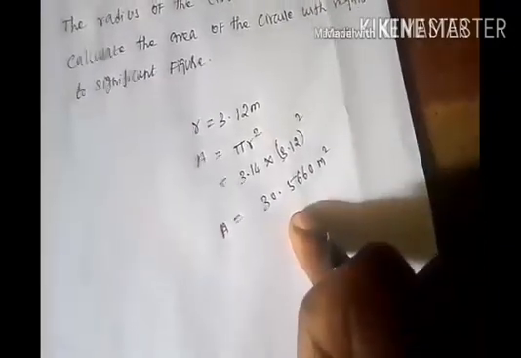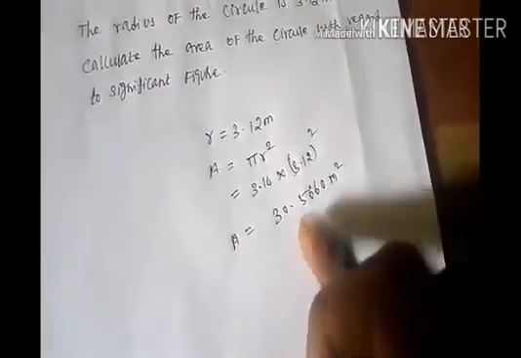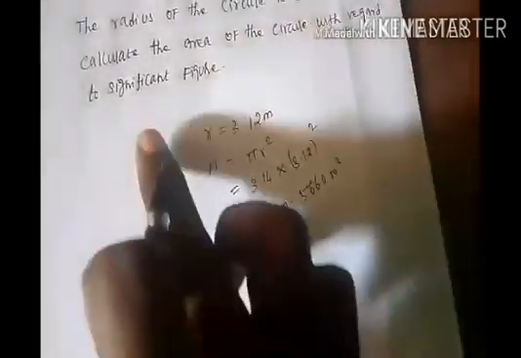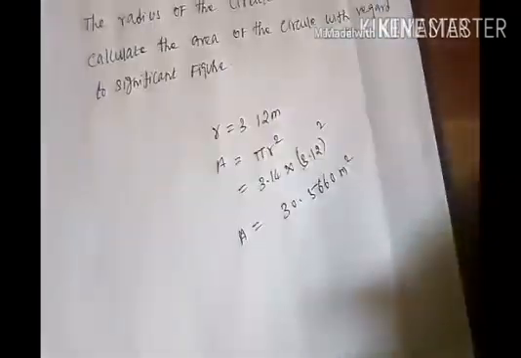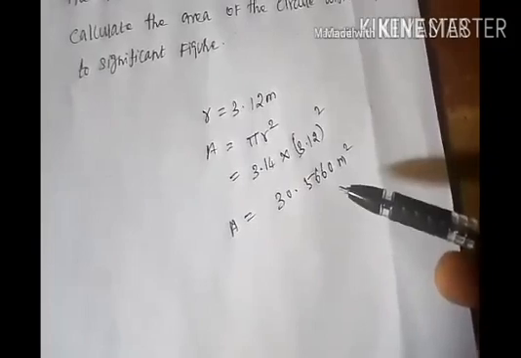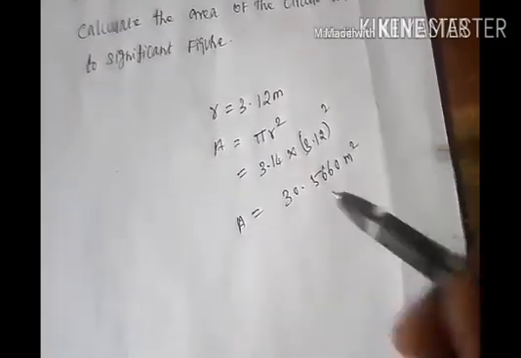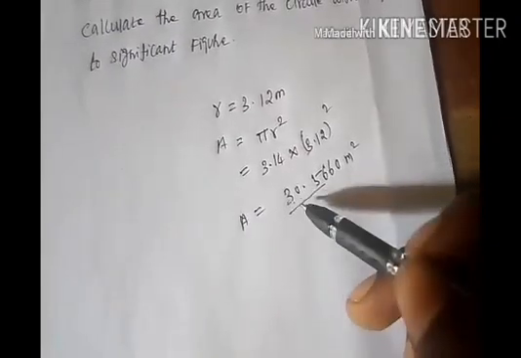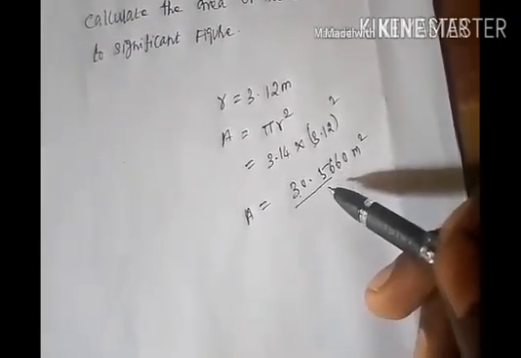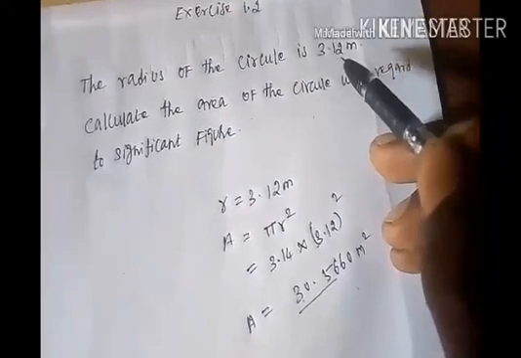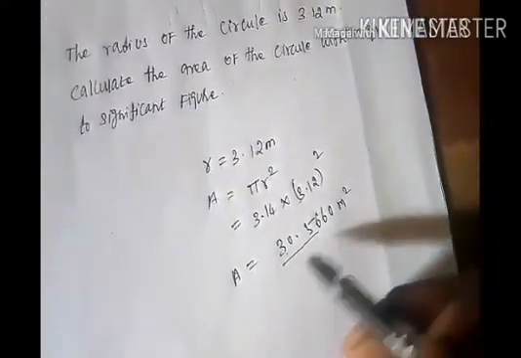Okay, this is the area of the circle. But according to our problem, we will also find out the significant figures. So using the rules of rounding, round it off. Now I will take only 3 digits: 305, that means 30.5, because in our original problem the given digit count is 3. So that's why I will take only 3 digits.